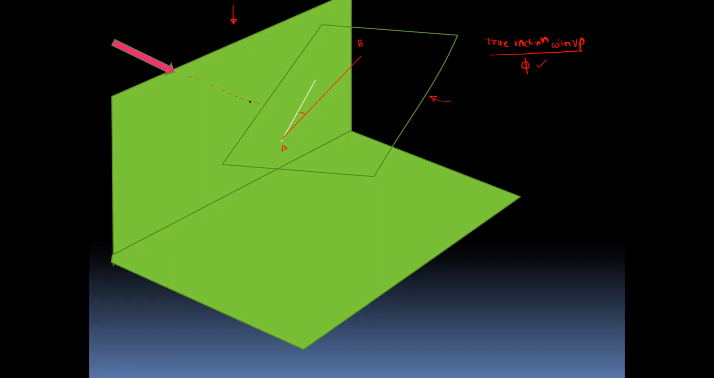So this direction is exactly perpendicular to this inclined plane which is passing from the line AB. Then the inclination observed by the observer is called the true inclination with the VP. So this is your vertical plane. This phi is the true inclination with the VP, and in this direction we can observe the true length of the line. If you observe from this direction, we can observe the true length,